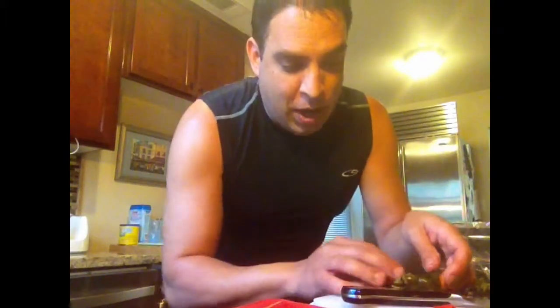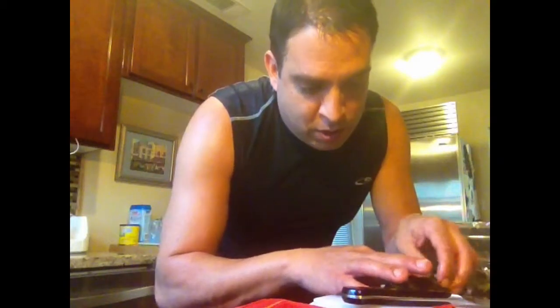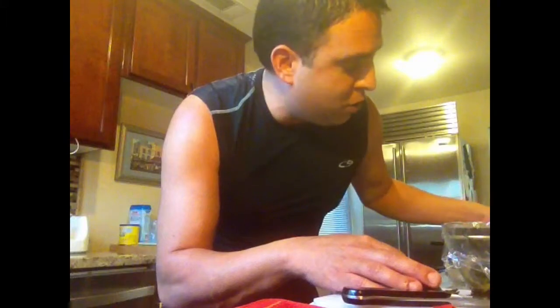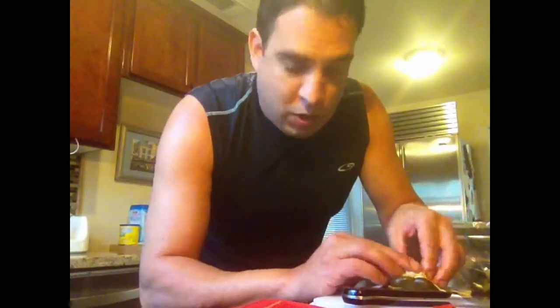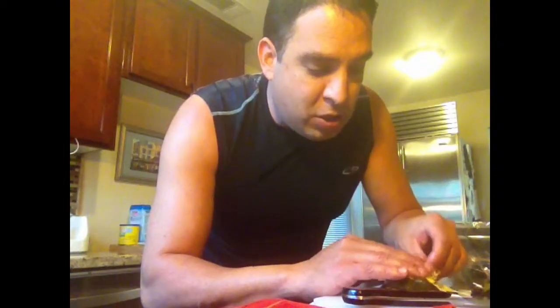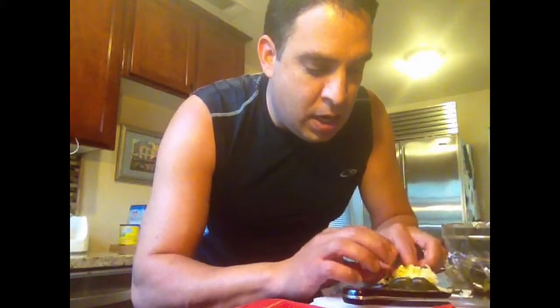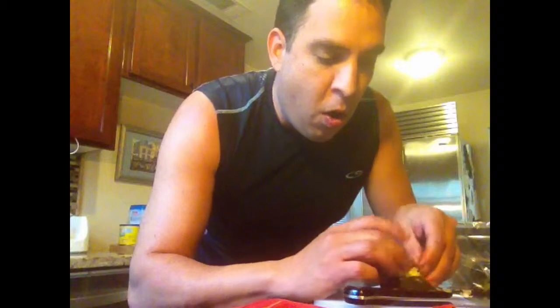And then we stuff them, okay, with the cheese, okay? So what I'm going to do is I'm going to take some cheese. Now there's two different ways to do this. You can do it with shredded cheese, or you can do it with a stick of cheese, okay? I like to do it with the shredded cheese because I have a little more control